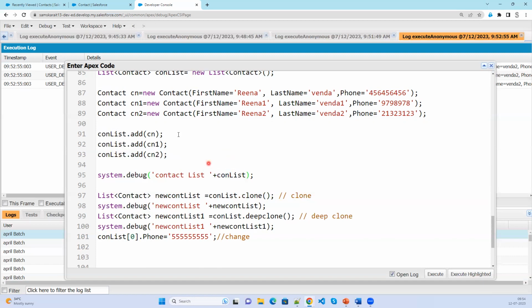In this original contact list, I'm updating the phone value for the first record. If I update the first record in the contact list, will my clone record, that means the new list record, as well as the deep clone also be updated? Now let's see that. I'm going to print here system.debug contact list after changing